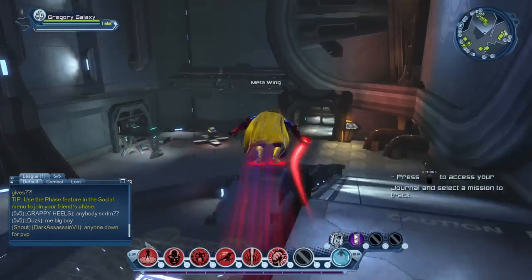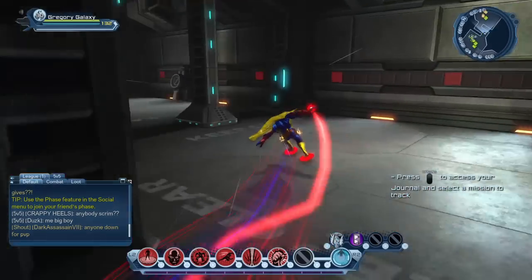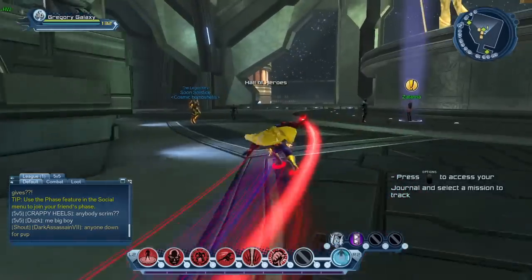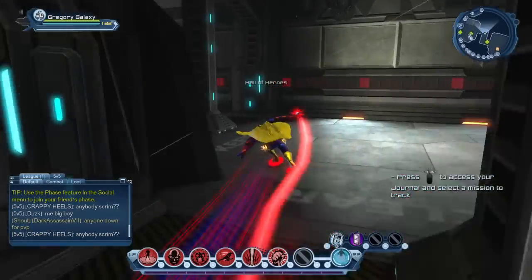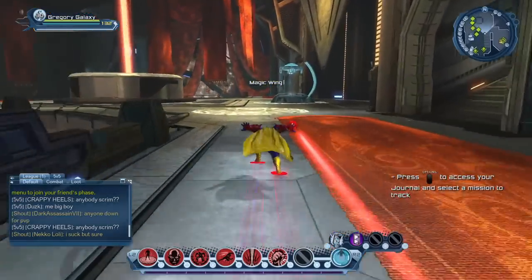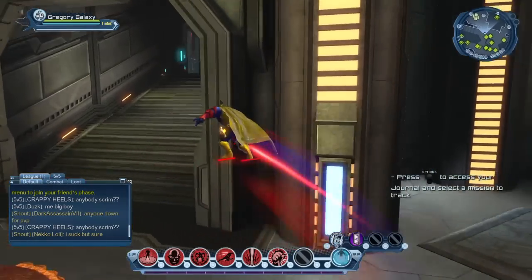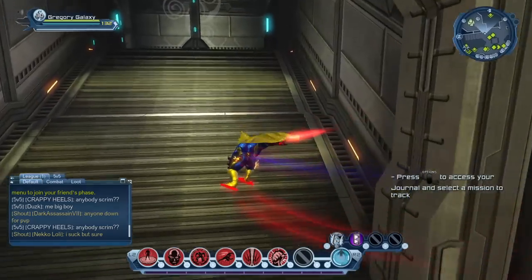So now what we do is go into the magic wing, because you might be wondering, where the hell is the tier 4 gear? Okay, so we go over here. Eventually, fly over here. Once again, tier 1 right there, tier 2 right there. As you can see, it's almost like a Hawkman inspired gear there. So we come up here,